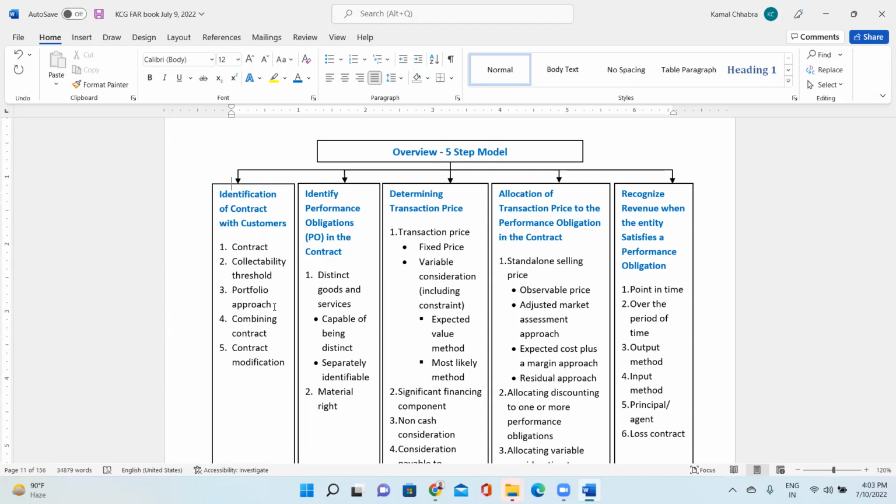Aniket has come, he wants to buy 2 LG air conditioners worth, let's say, $2,000. So to Aniket, I have given 30 days credit. That is a normal credit period. That is not a financing arrangement.